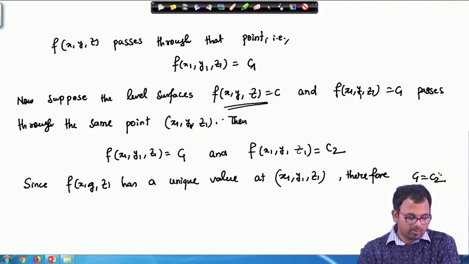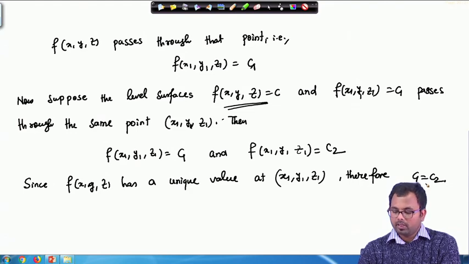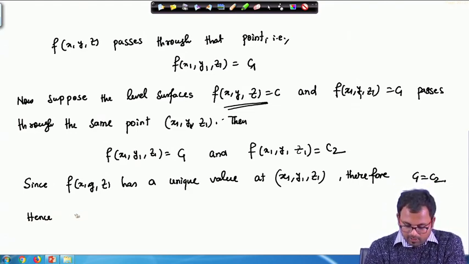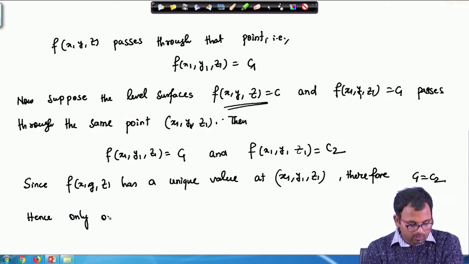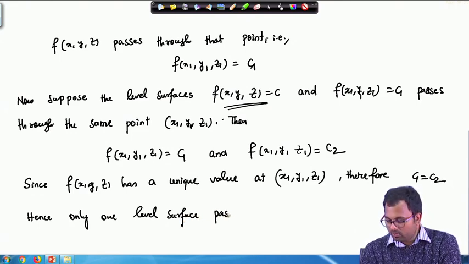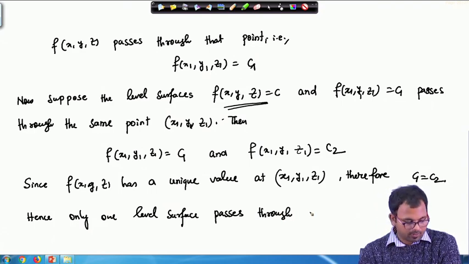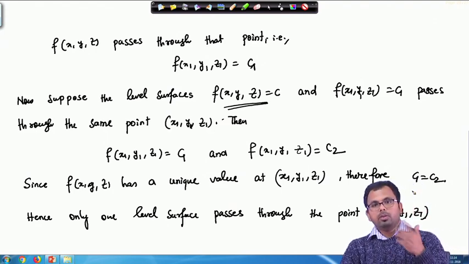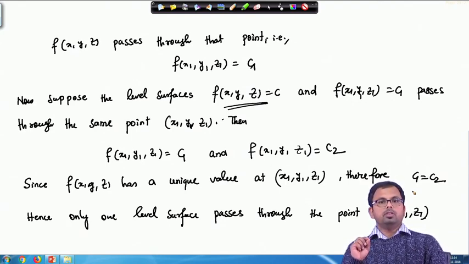So, that means c1 must be equal to c2, and this implies that hence only one level surface passes through the point x1, y1, z1. So, what I am trying to say is that you choose two different points, say x1, y1,